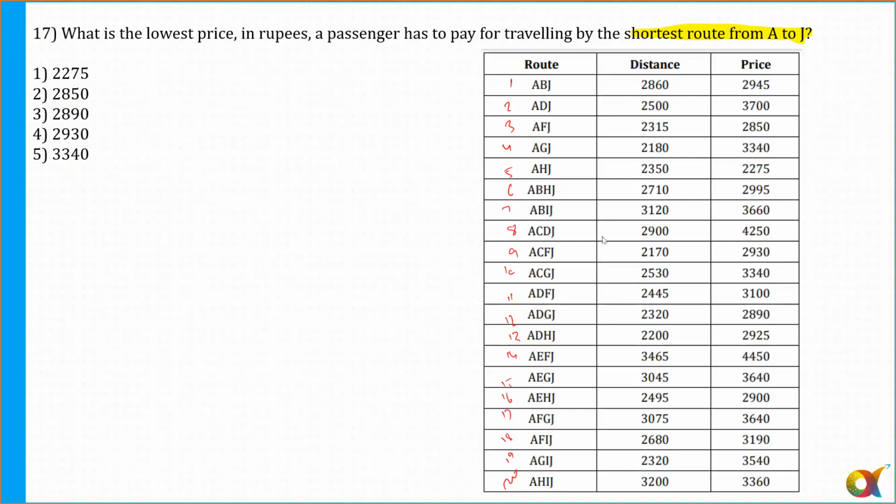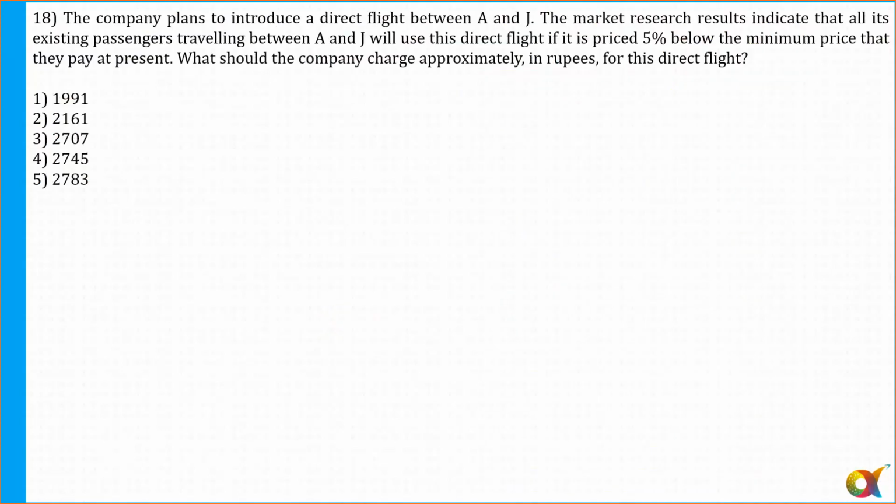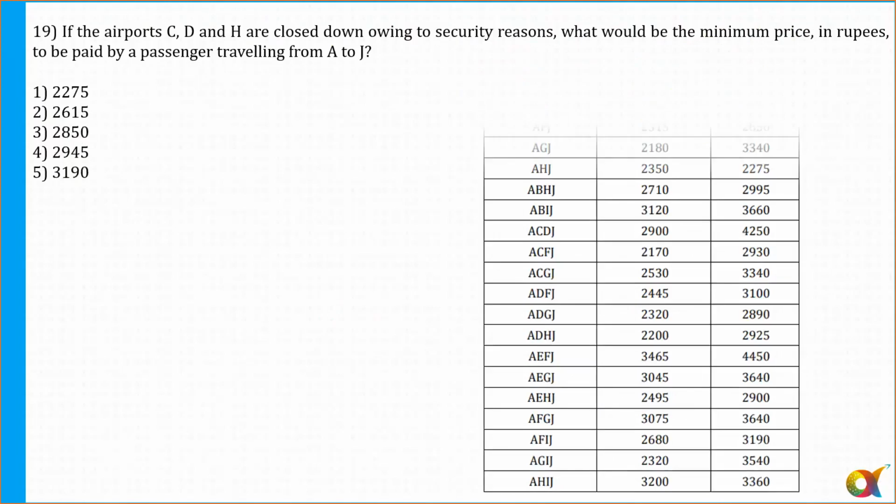But yes, set of 5 questions. So if the data set is small, then go for such type of question. No issues at all. If there are only 3, 4, but what will happen in almost all the questions, it is talking only from A to J. If you read it here, in almost all the questions, it is from A to J. In every question, it is talking about A to J.